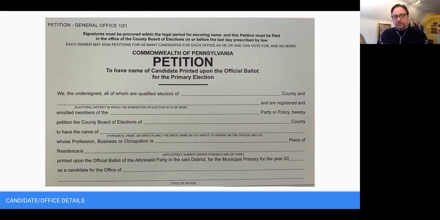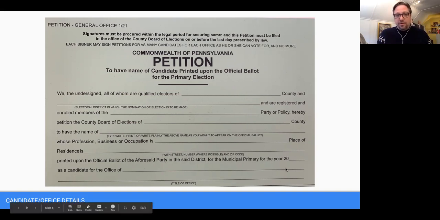And so if you are running for city council in the city of Erie, you could write Erie City Council or City Council, City of Erie. It helps, I think, to make that distinction. I think City Council would be enough there for title of office, but it helps if you can designate the municipality there as well.